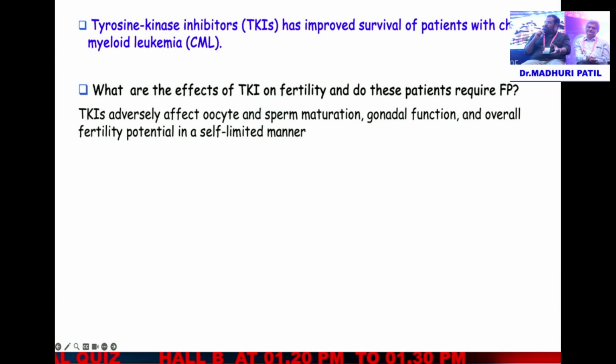And then they turn up at 8 months and the outcomes are still good. So the lack of data is there in India, where we don't have much data available. But I think the practice suggests that usually 7 out of 10 would have a good outcome even if they're on TKI. But definitely, if it's a planned pregnancy, we should stop it.